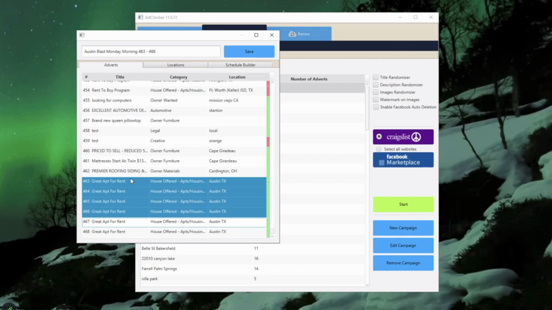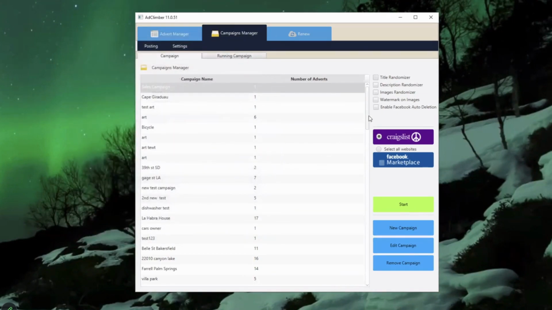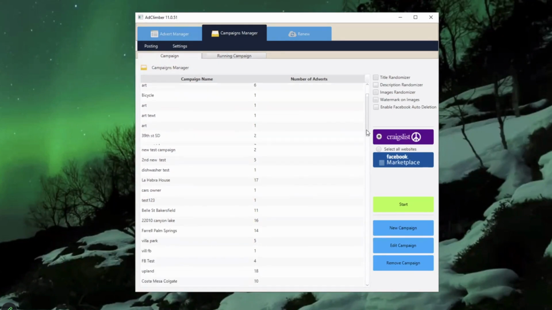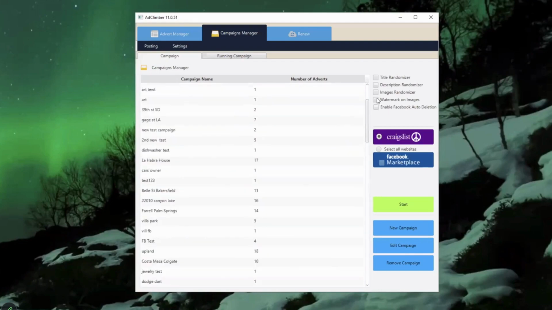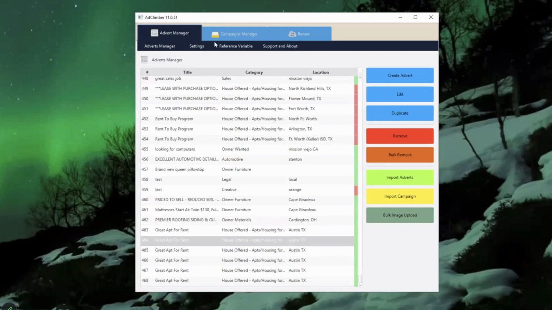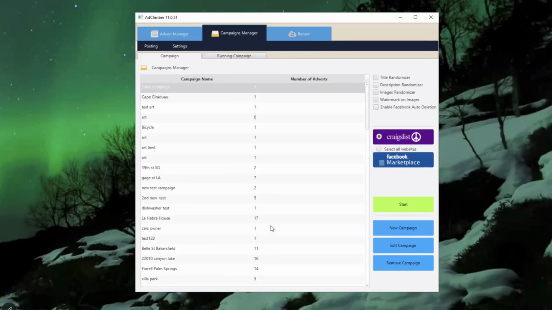And now you have a larger chunk of ads taking a block of space up on Craigslist at one time. That's cool, man. I thought I was a Craigslist master, but of course you're going to teach me something I've never actually looked into. That's great. Yeah, so now that we have our advert made, we have our campaign made,